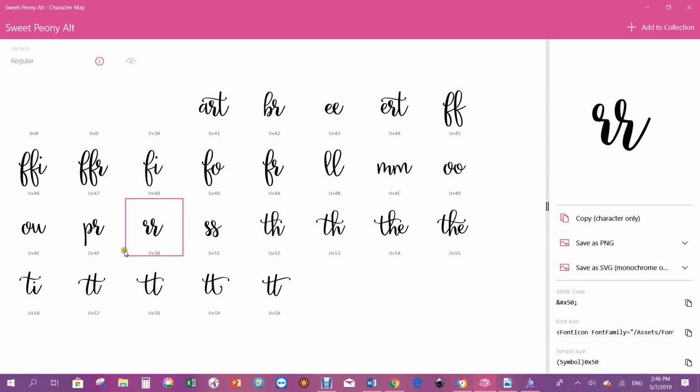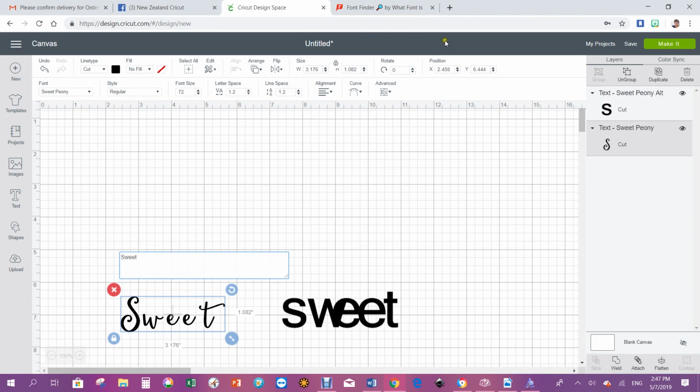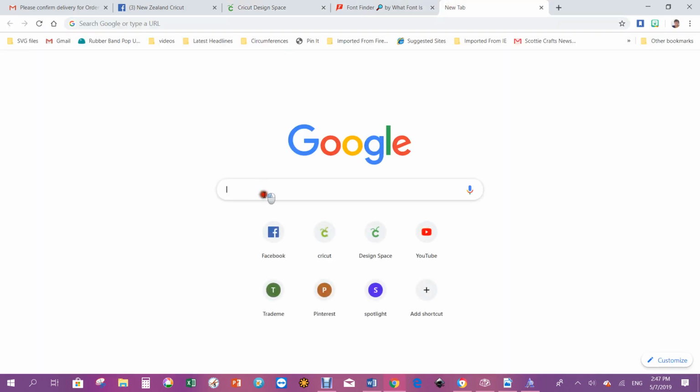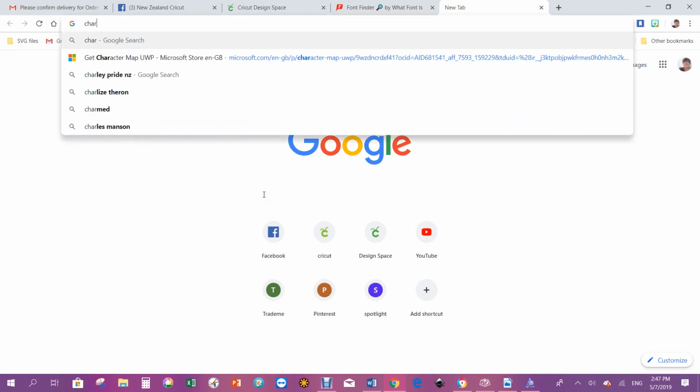Now this is the character map for Sweet Peony, and if you download it, I'll just go back to this and show you that when you type in character map,